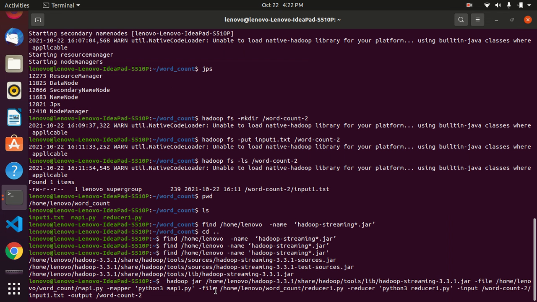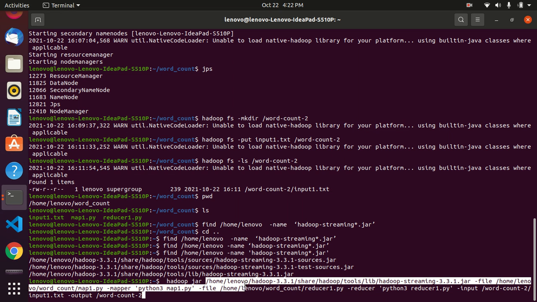This is the most important step that we need to do. First we give hadoop space jar, and then the jar file location, which is this one. This total location we have to give, that is the jar and tools and the streaming jar.